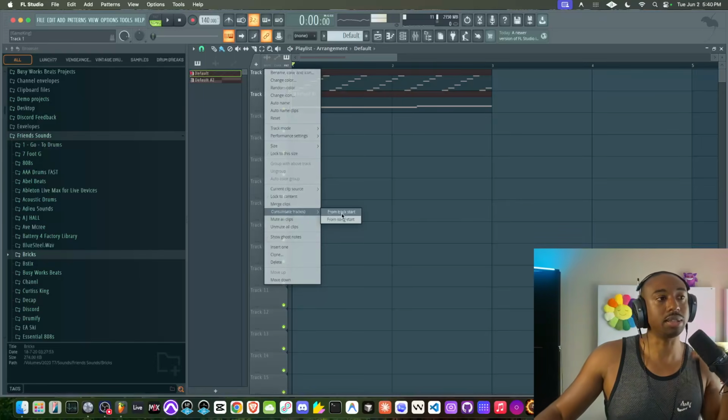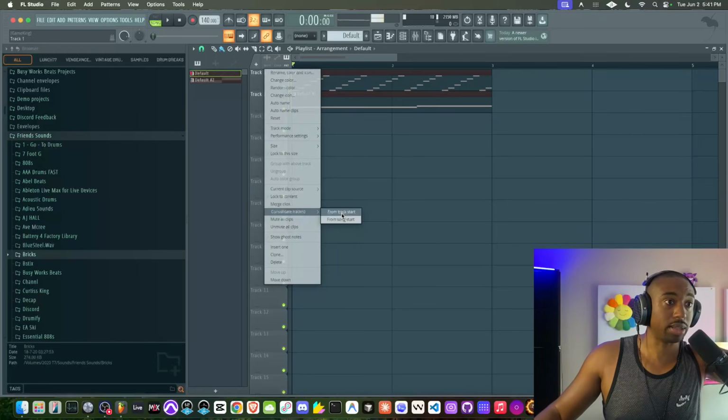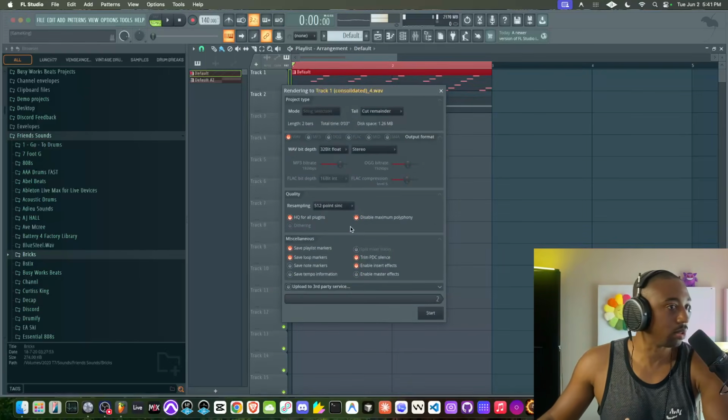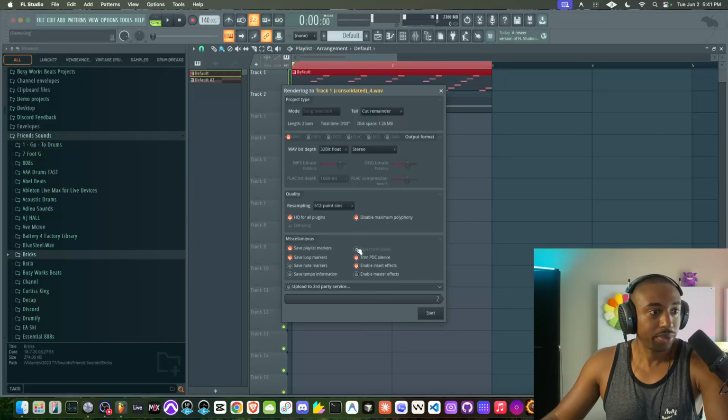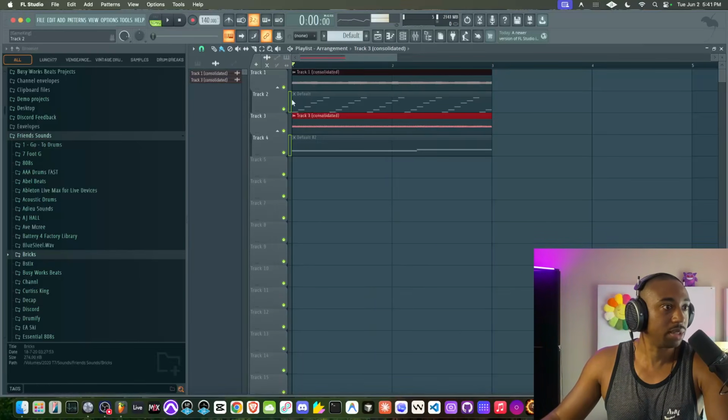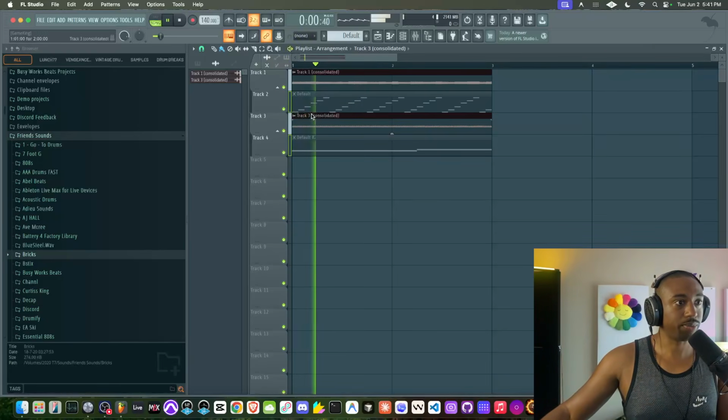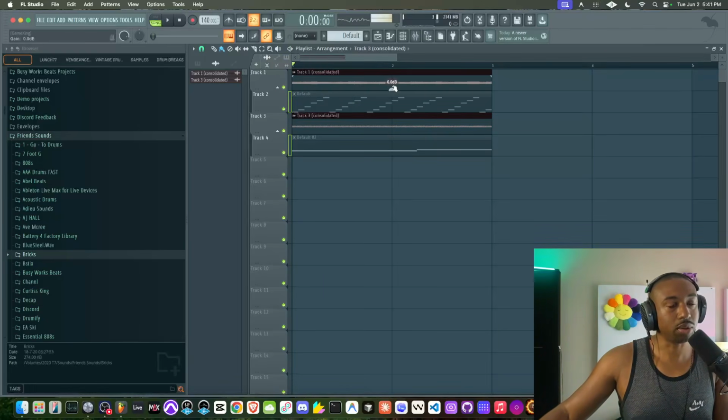So now this will basically not only consolidate the 1 track at the top or the 1 row at the top, but both rows into audio. So I didn't know you could do this before. Shout out to Cody for that. And let's hit render. So we'll render them in sequence, and now we have them as audio. So we can do a lot more with audio. I mean, I can't sit here and explain everything about everything, guys, but